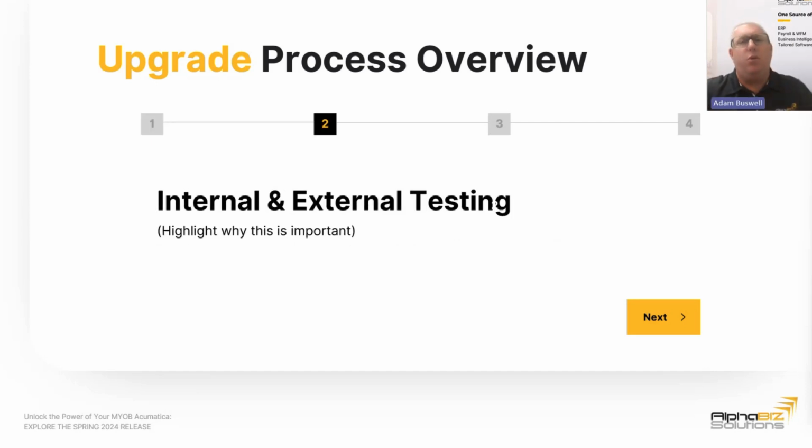So once we get access to the sandbox, we'll start doing some preliminary testing on there to make sure, and these are just your day-to-day processes. You don't have to start trying to test new features that you're not going to be using in the release notes. It's more about just going through your day-to-day processes and doing those in the actual test environment. We'll do some of the testing, making sure that sales orders, purchase orders, all those sort of things are working correctly in the system.